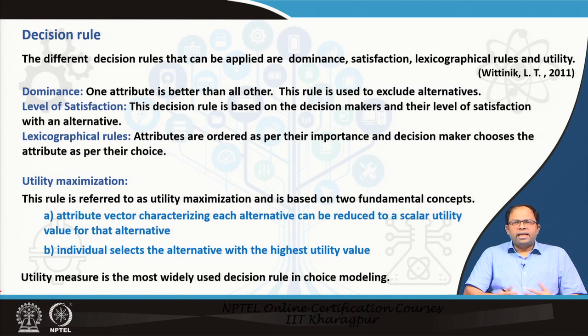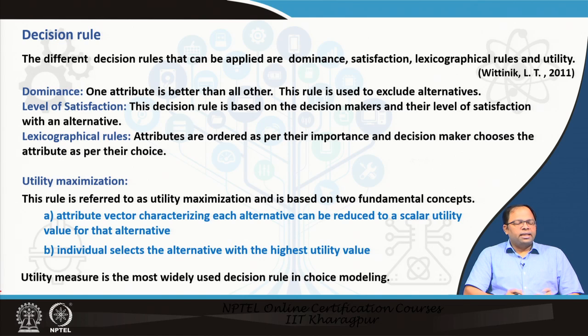So the next thing that has to be looked into is the decision rule. There are several ways we can take a decision. For example, based on dominance, satisfaction, lexicographical rules, or based on the utility of that particular choice. Now dominance refers to one attribute being better than all others, and this rule could be used to exclude alternatives. That means we can say the other alternatives are not good, only one attribute is the best,